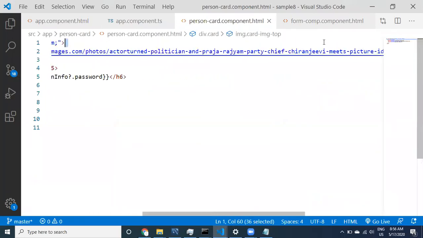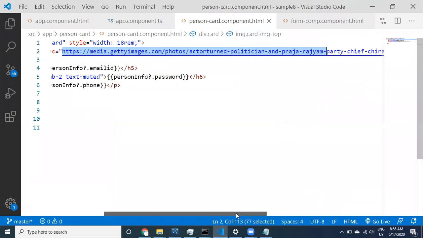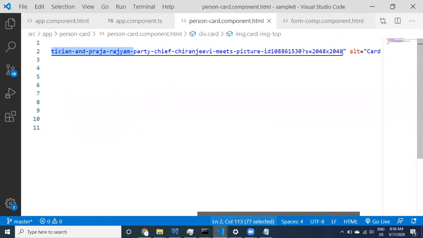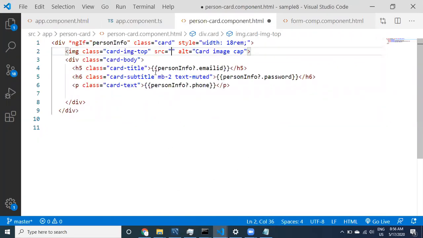Whatever I have copy pasted directly is not correct, because the source should come from the JSON. I provided it just for testing purposes.